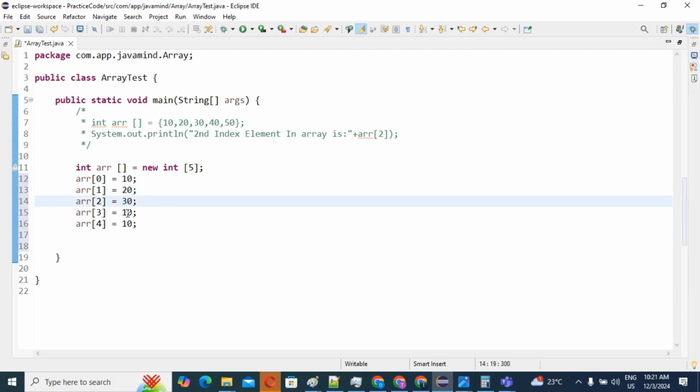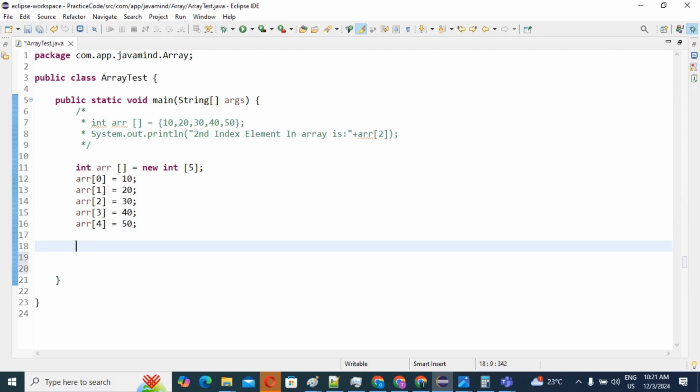30, okay, I have changed it correspondingly as per index. So if you want to print all the data, you print all the respective data. So we can take one for loop. You know very well that iteration, right? Because we have not one data, we have multiple data, right? If you want to print all the data, you need to take one for loop. Let's see,